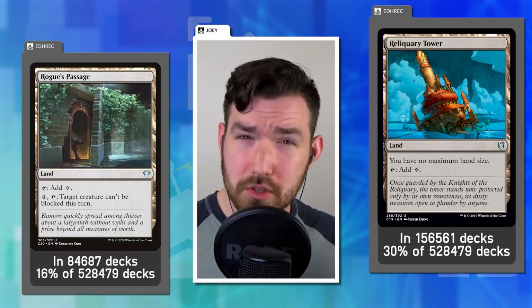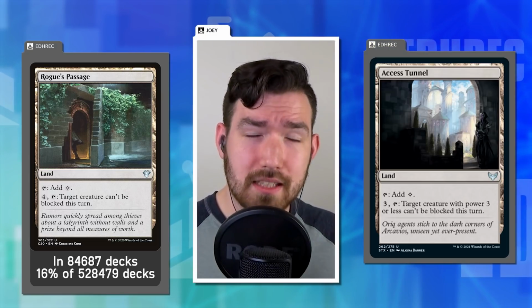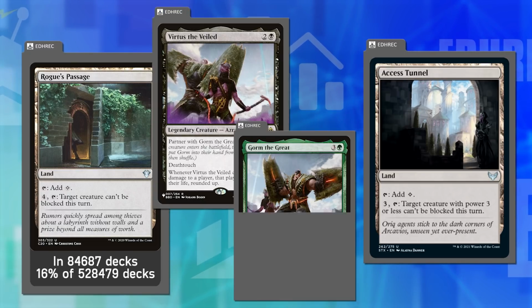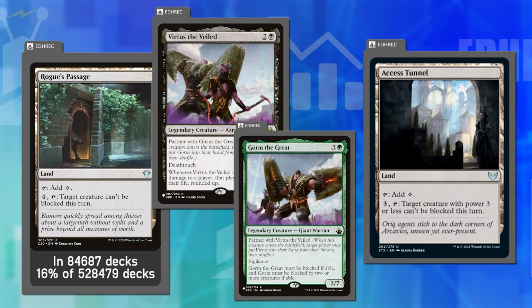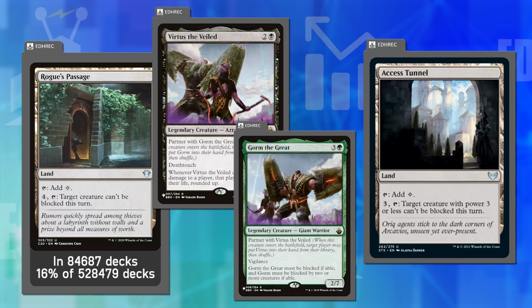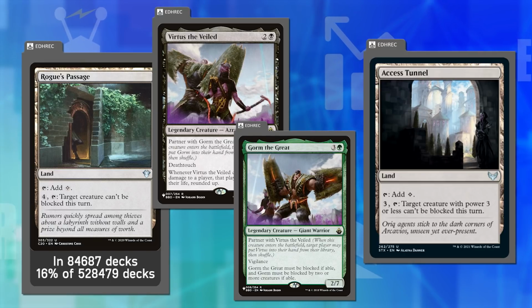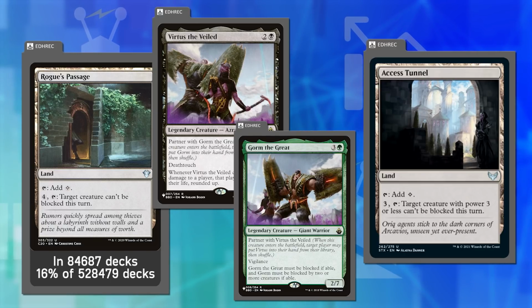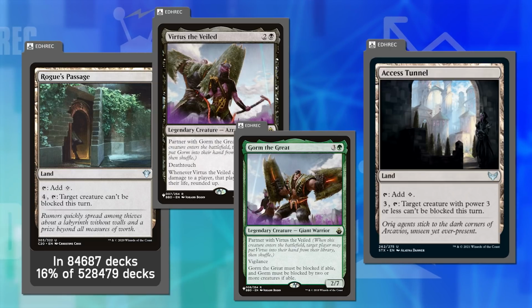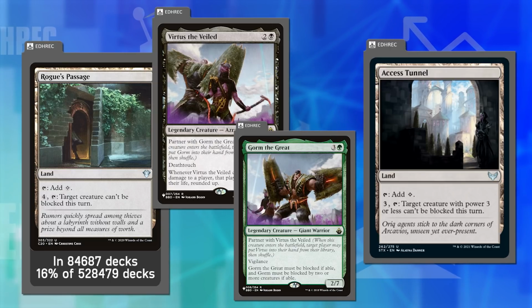And there is a new card from Strixhaven called Access Tunnel that makes a low power creature unblockable. And that's one that I was really happy to see when it came to my Virdis and Gorm deck, because that deck really loves having unblockable creatures. I feel like there's a whole bunch of commanders especially that love a Rogue's Passage to deal some commander damage. Yeah, I mean, having an option to just get something through every single time on a land, not taking up a slot in your deck, is a really big deal in a lot of decks that don't have access to